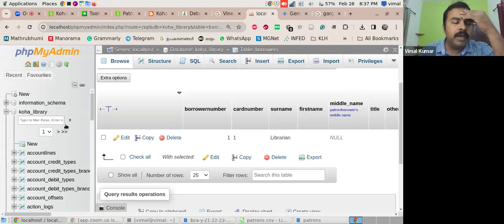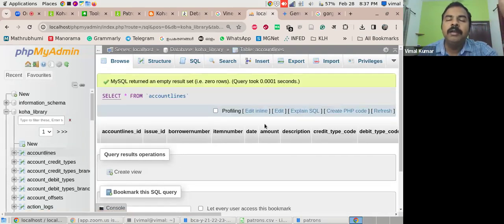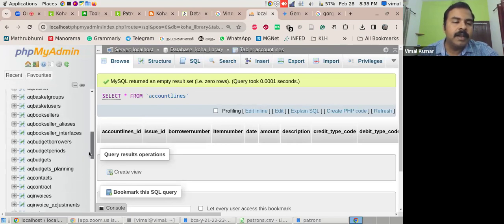And we can find many tables, like account lines. The account lines table contains fines details. Suppose a user has a 100 rupees fine, it will be stored in account lines. Then transaction details are stored in